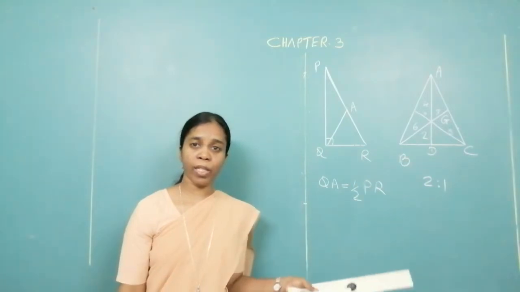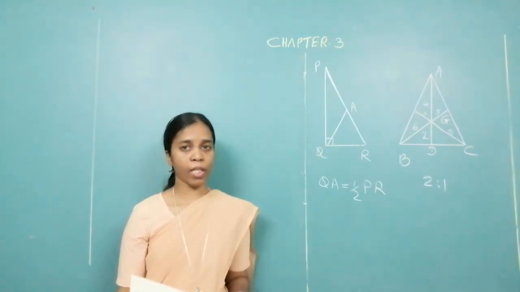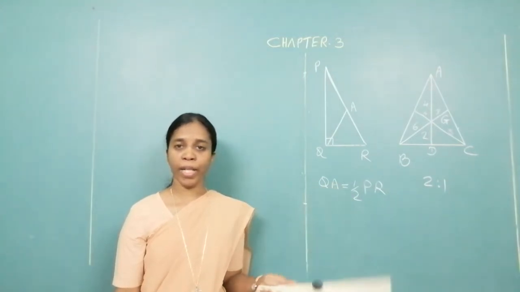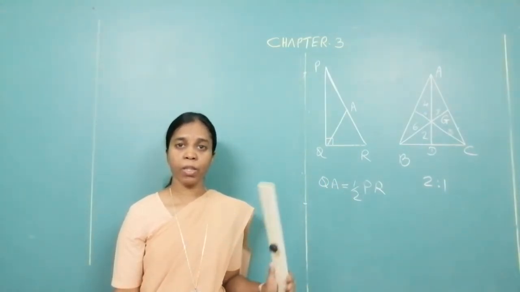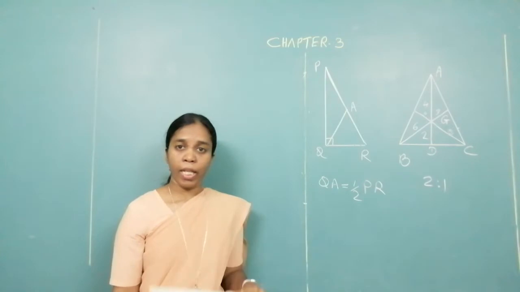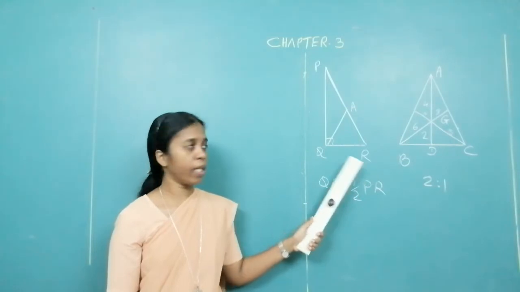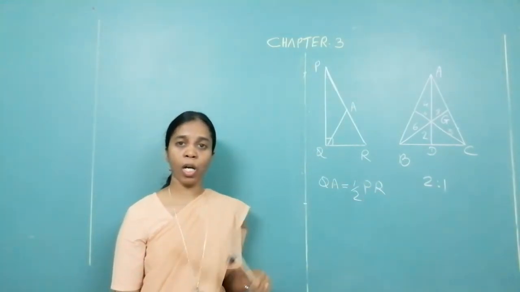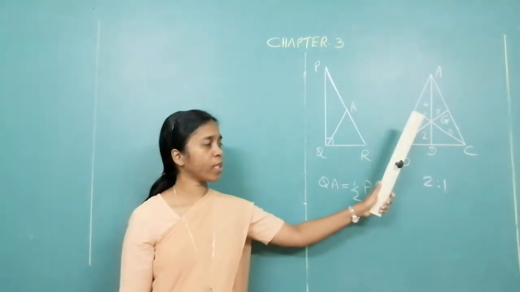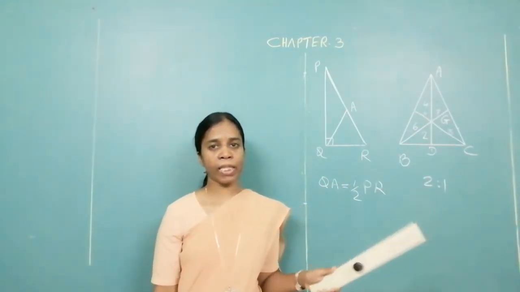Now, with respect to hypotenuse and the length of other side, this is the third property we are learning. First was in a 30, 60, 90 degree triangle, the side opposite to 30 degrees is half of the hypotenuse. In 45, 45, 90 degree, the length of the sides, the base and the height, is half of the hypotenuse. Here, the length of the median on the hypotenuse is also half of the hypotenuse. I suppose till here the properties are clear to you. What is a median? Median is a segment joining the vertex to the midpoint of the opposite side.